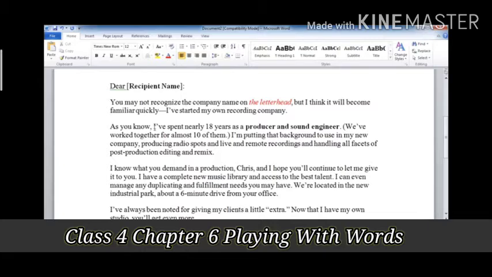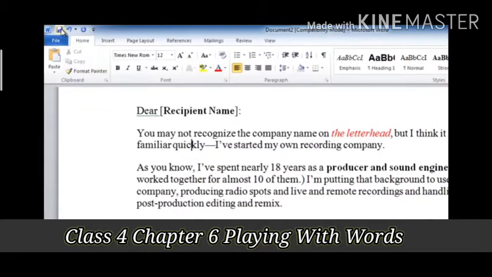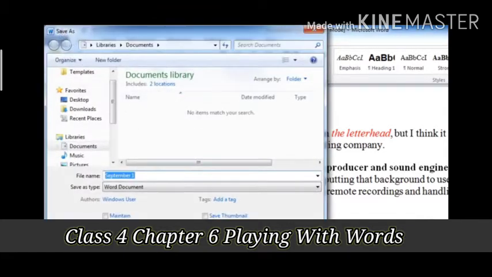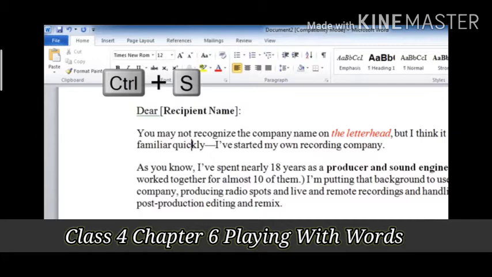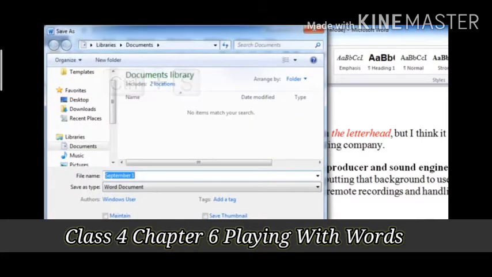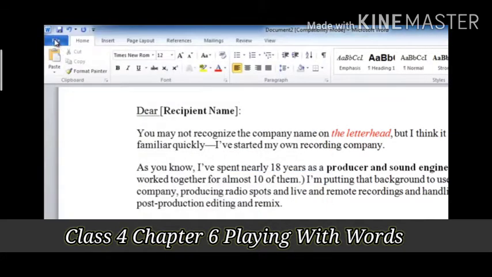Now we are going to see how to save a document. You can do it by going to the file menu over this document, and then you can click on the save button, or you can directly press Ctrl plus S from your keyboard and save the document. You can click on this direct option also and save the document. Ctrl plus S is the other option, as well as you can go to this file and click on save.